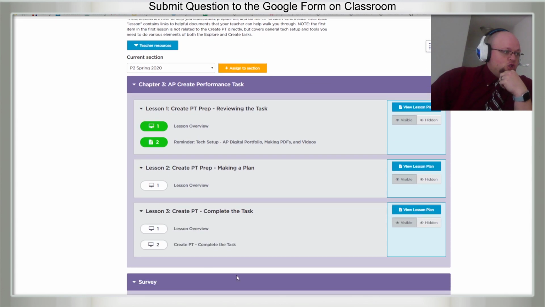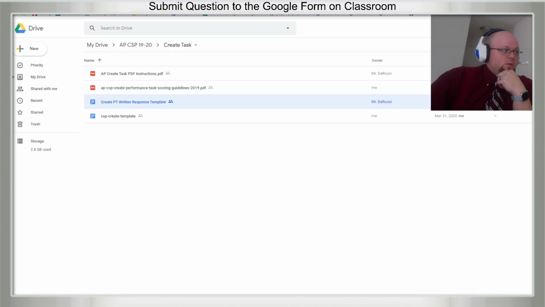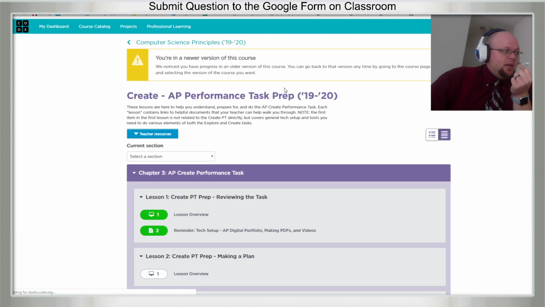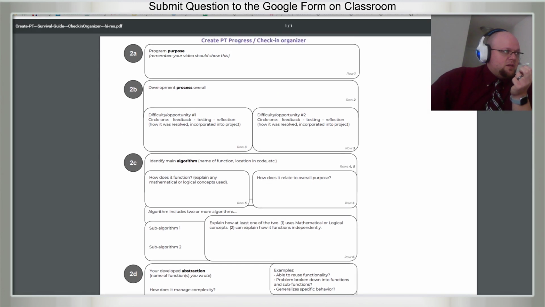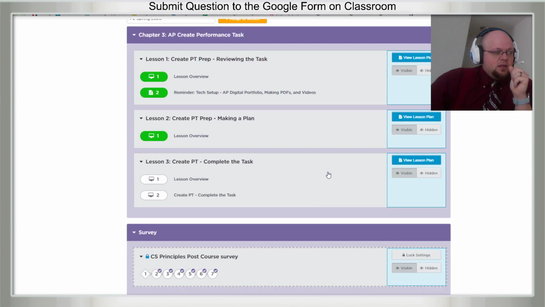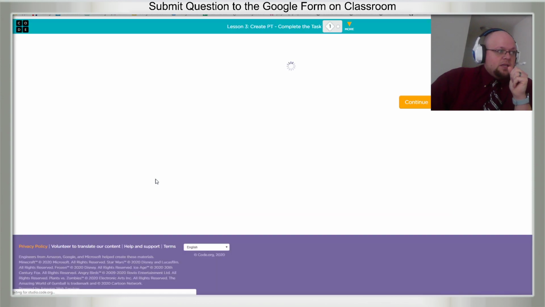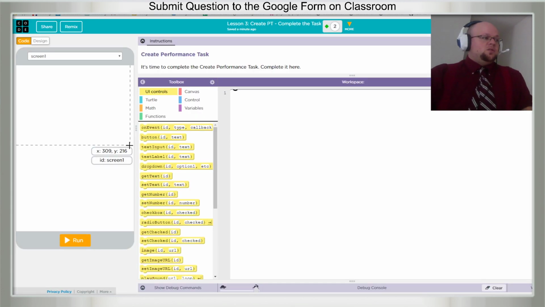The create task unit, so to speak, that will open up on Monday does have all of these documents and some examples that we will put into this folder today so that you can get to them. It also has some planning tools that I don't think are going to be assessments, but are there certainly for your benefit. And the third lesson gives you a place to complete it. The lesson 3 bubble 2 is a place to work on it, but I highly recommend